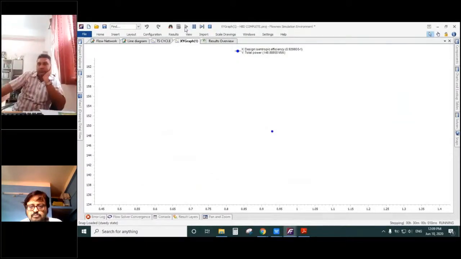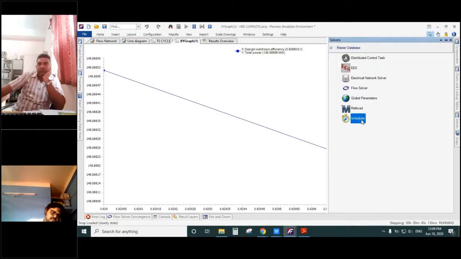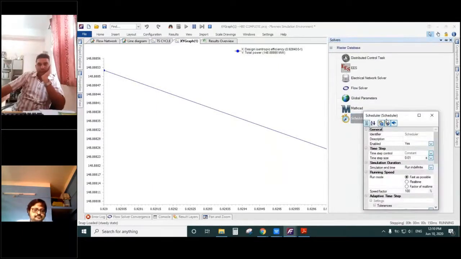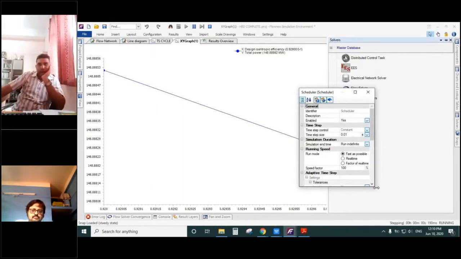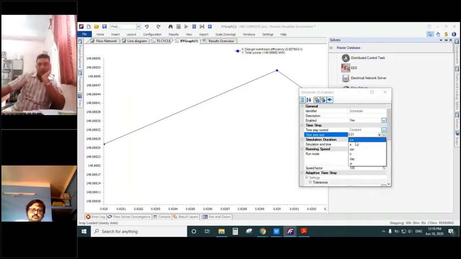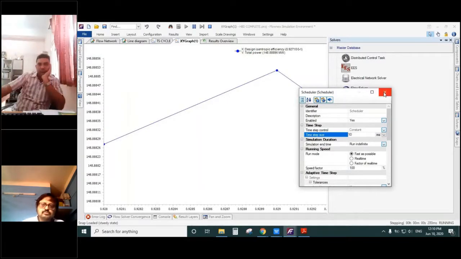As you can see how fast it is going to create transient scenarios also. You can see the time step size is very low. I just need to check. Yeah, it's a very low time step size. It's like 10 milliseconds. And as you can see,